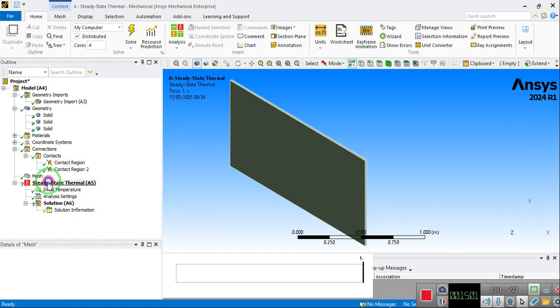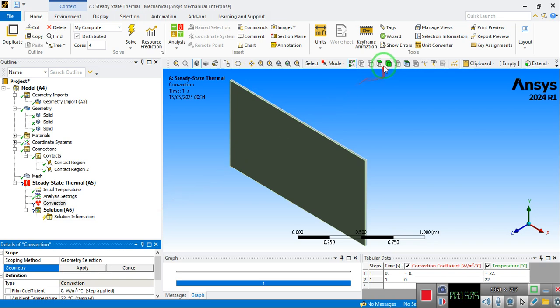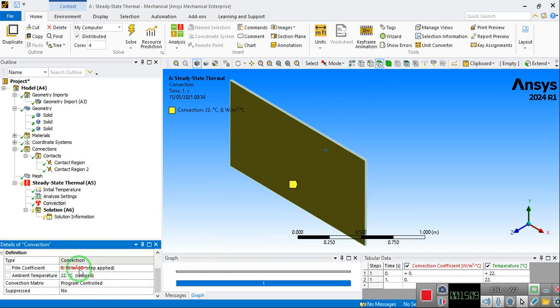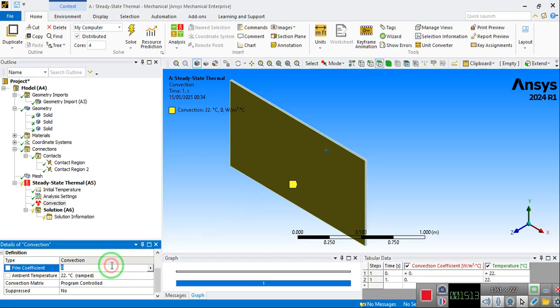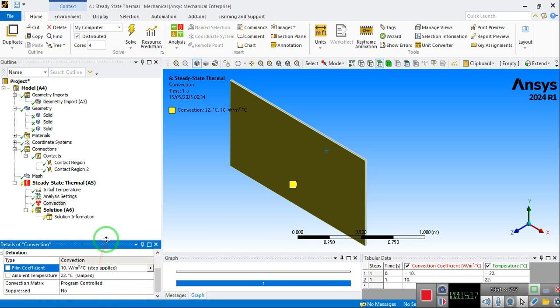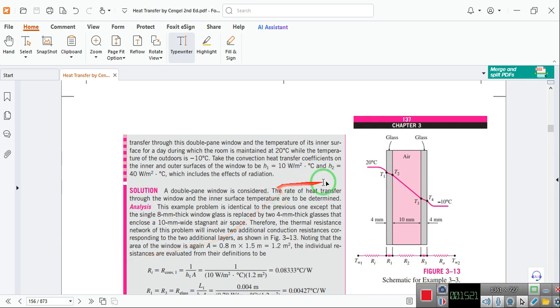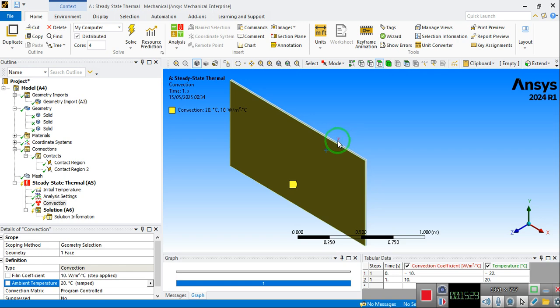So for that, go to the steady state, insert the convection condition here, select the surface, apply, and these are the watt per meter square. Okay, watt per meter square, that's fine. So this is 10, and the temperature is 20, I guess. So I will define the temperature as 10. So 10 and 20. Okay, for the outside temperature, that's -10 and 40, because outside, okay, the air is not